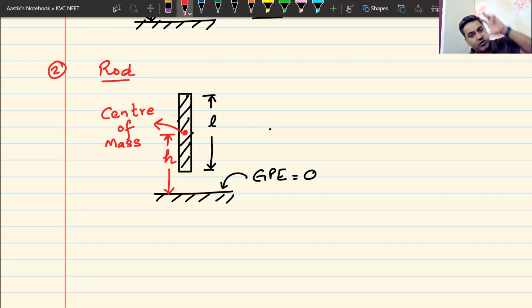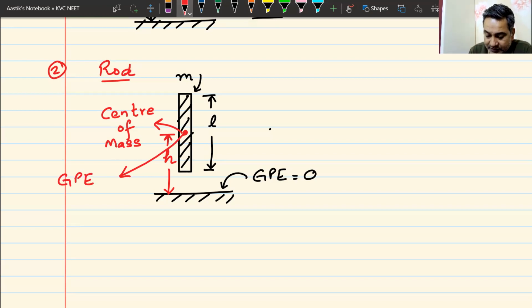To find out how high the center of the rod is from the ground, and that is your gravitational potential energy. So if I call the mass of this rod m, the gravitational potential energy of this rod, taken from the center of the rod, will be equal to